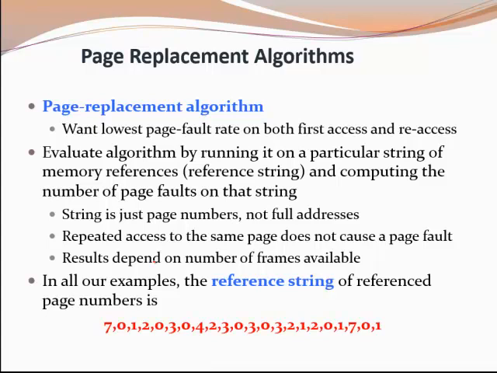If a page is mapped to a frame, it also depends on the number of frames available in physical memory. If fewer frames are available in physical memory, then there is a chance of more page faults compared to when a large number of frames are available in memory. If we have more frames, the chances of page faults are lower. If we have more frames, then mostly all the pages will be available there.